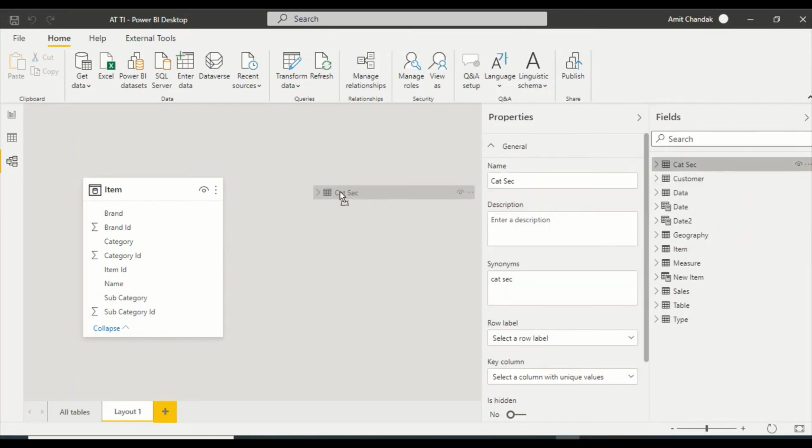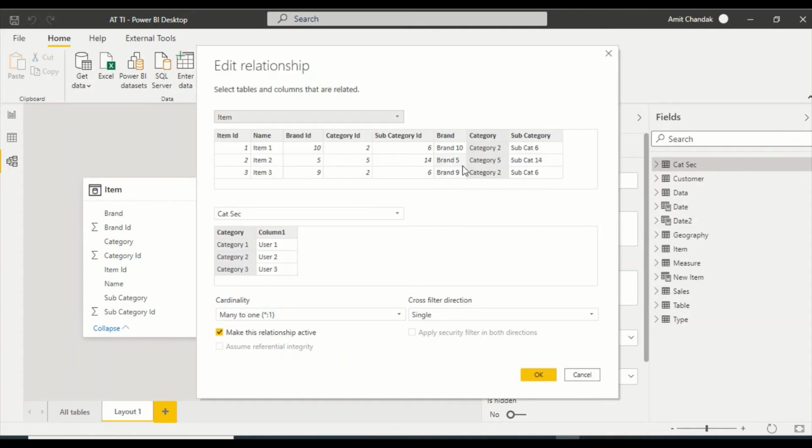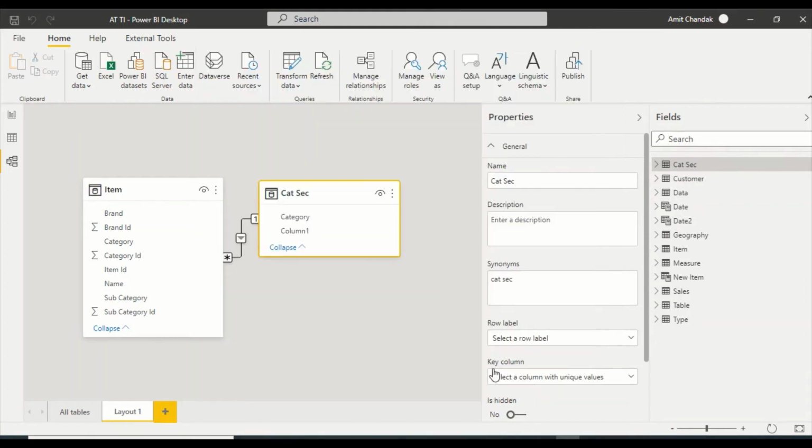So we have this table now, cat sec, and if we see, it automatically gets joined in a one to many relationship on the category join. Let's leave that join right now as is. So it is showing one on the item side and many on this side. So let's leave it right now, and direction is single, and it's not showing the security option. We make it both direction and see. Now sometimes this option does not work. Ideally this option should work in both directions, but sometimes it doesn't work. But without it also, I tested that the security does work.